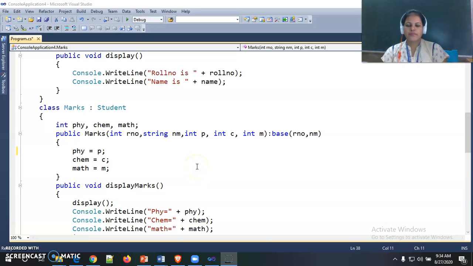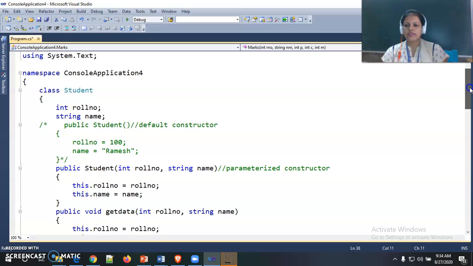Hello students, in this video we see how method overloading and method overriding work inside C#. In this program we have already seen what is meant by inheritance, or we already implemented inheritance inside this